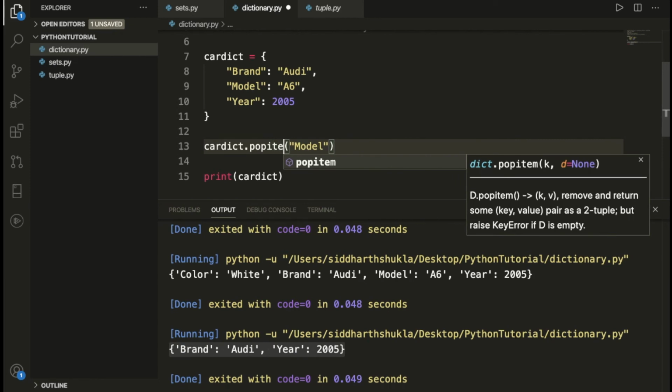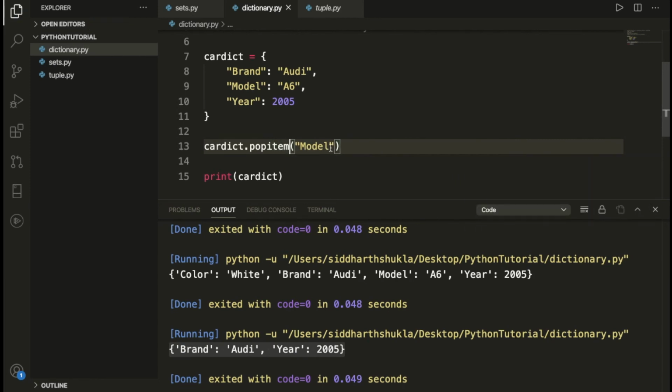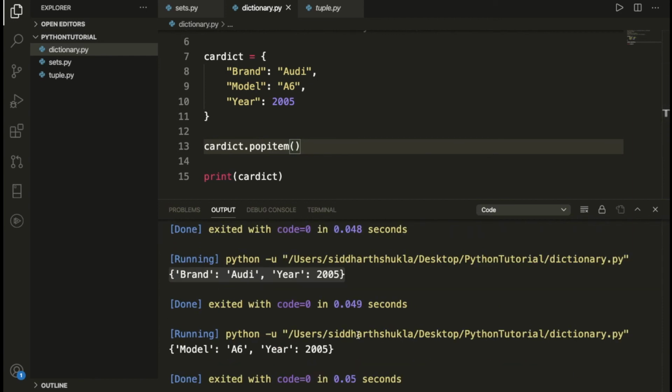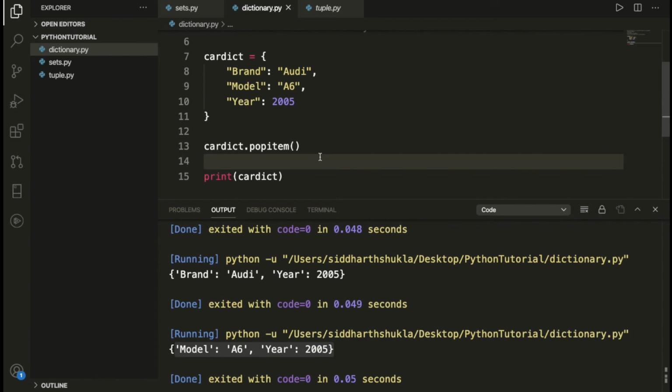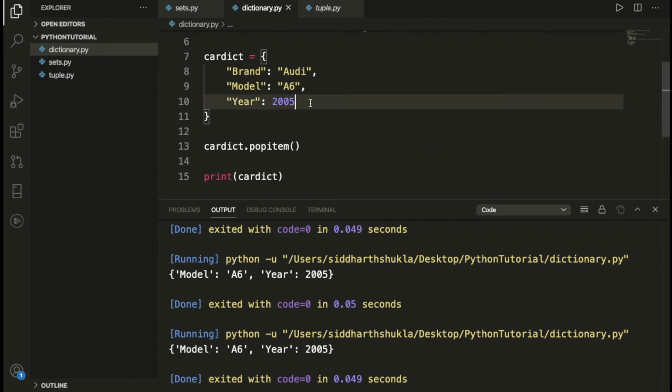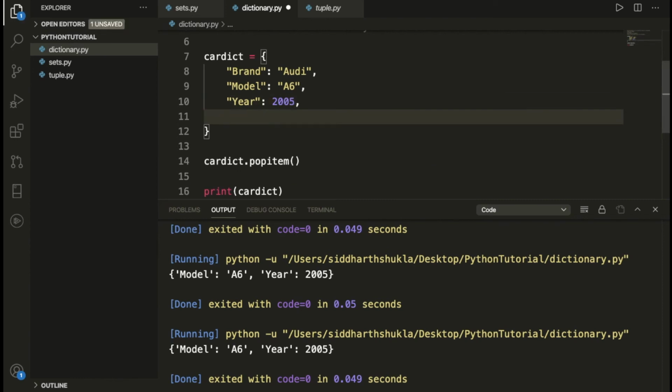Also, if you want to remove the last inserted value, you can use popitem. We don't need to put anything inside. Popitem will remove your last value. Let's see, we have the last inserted value exactly. So let me check again. We have this one, and next is color, and the color is white.